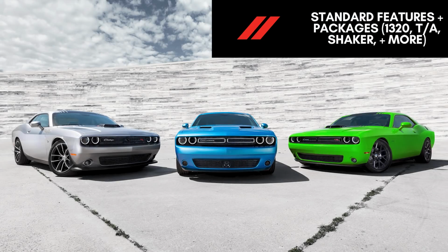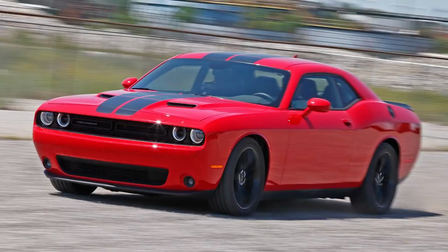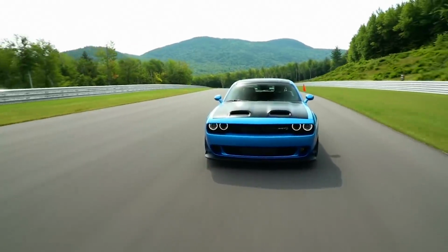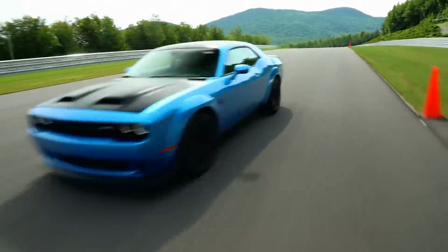Now it's time to go over some standard features and cool packages that are found on the various Challengers. What used to be reserved for the performance models now is standard on the GT and RT, and that would be the performance look with the performance hood, with a functional hood scoop and SRT front splitter. The SXT is the only trim now that doesn't share this look. Each Hemi V8 Challenger also features the electronically controlled active exhaust system, with 2.75-inch piping to deliver that signature Dodge